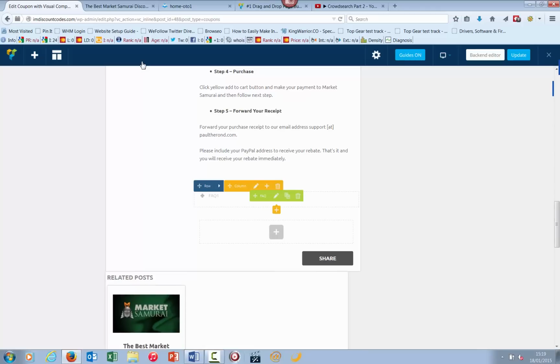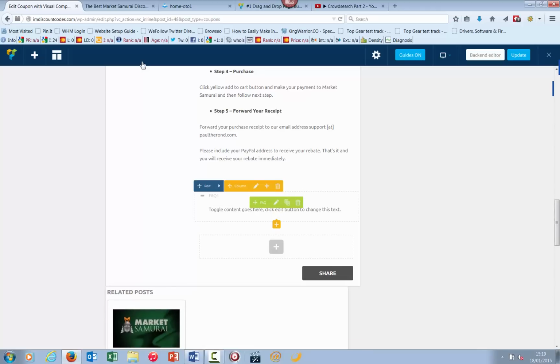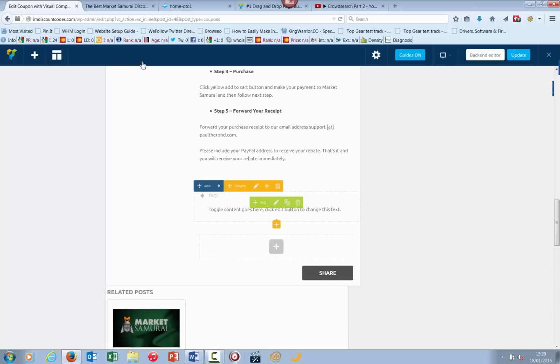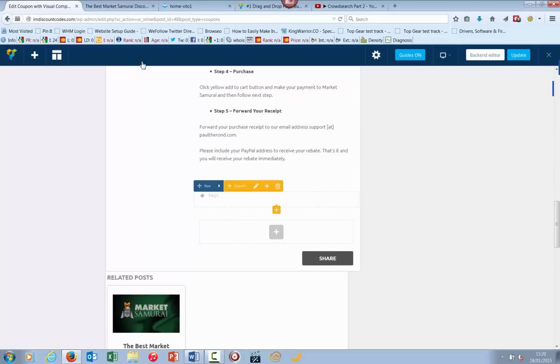So you see that's very nice in terms of being able to communicate a lot of information, like on an FAQ page, and being able to open and close it so that people can see the content that they want. And then all you do is you just have to create a duplicate of this. So for example, if you had 10 questions that you wanted to answer on this page, you would simply just click the copy button over here,